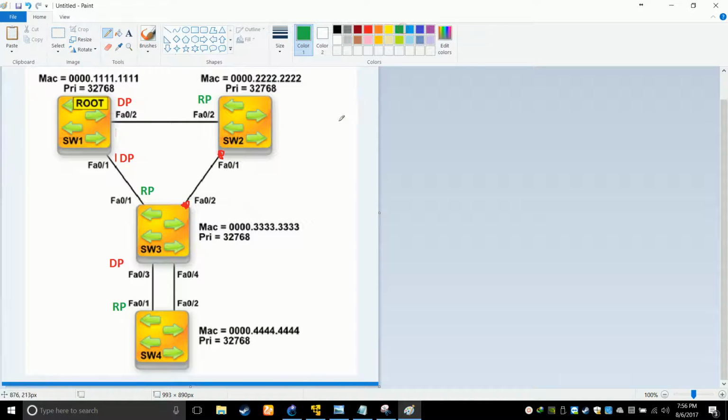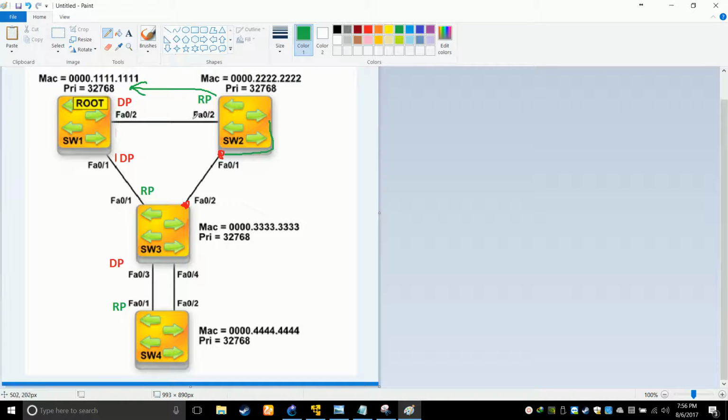This port belongs to switch 2, and from switch 2 the best cost is from the RP, obviously, which is 19. Whenever you calculate the cost to reach the root bridge, you will always calculate via the RP only, because the RP gives you the best.